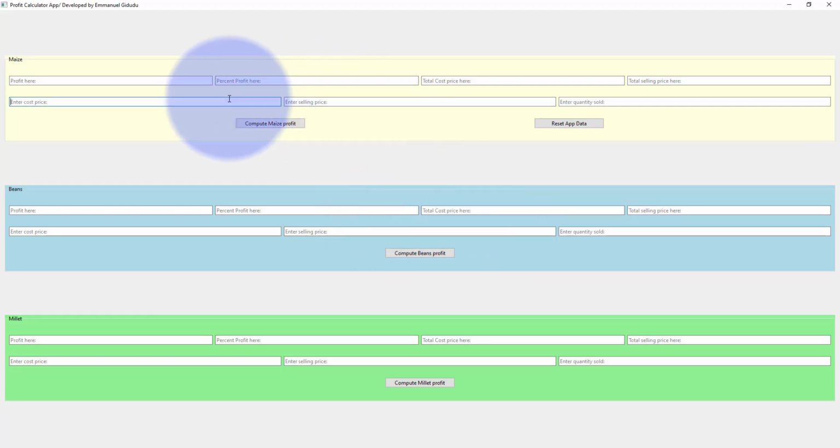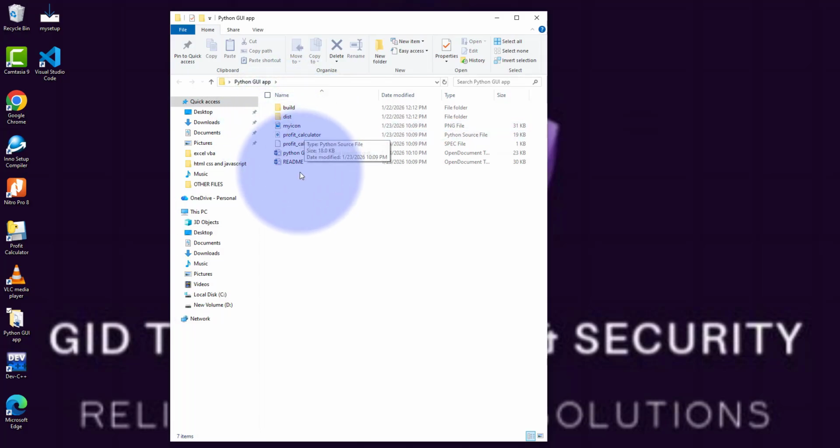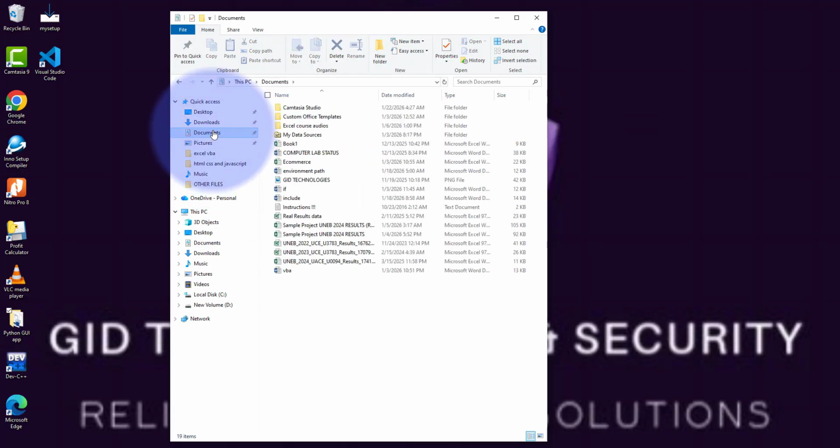So the trick is we have made it to the standard. Let me enter some quantity sold and compute. So everything is perfect. You can reset, you can close the application, and you have it on the desktop here. This is for Windows. So if you come to my folder here, I don't know whether I have the Excel file. It is called maize records. I don't know where it may be hiding, but the Excel file will be created immediately after you have